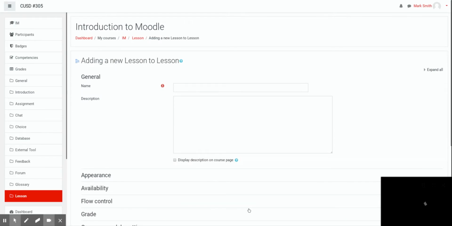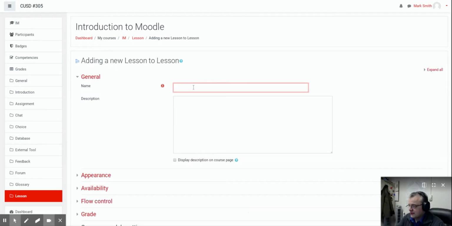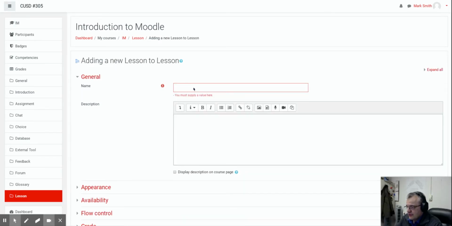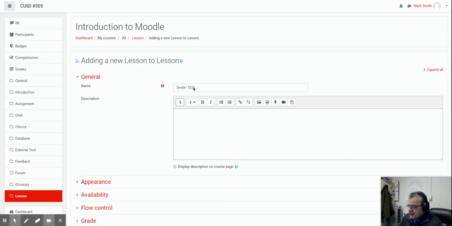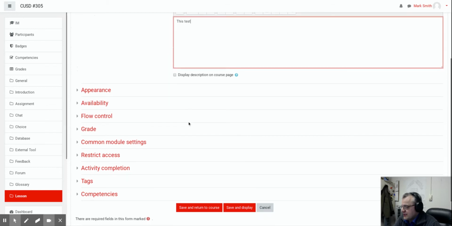So here we go. We click add. It looks the same always when you start this stuff, right? It always looks like you have to put the title in, you have to put the description in. You don't have to, but I always do. Okay, so now if you look, there's a whole bunch of settings here. New ones will be flow control,